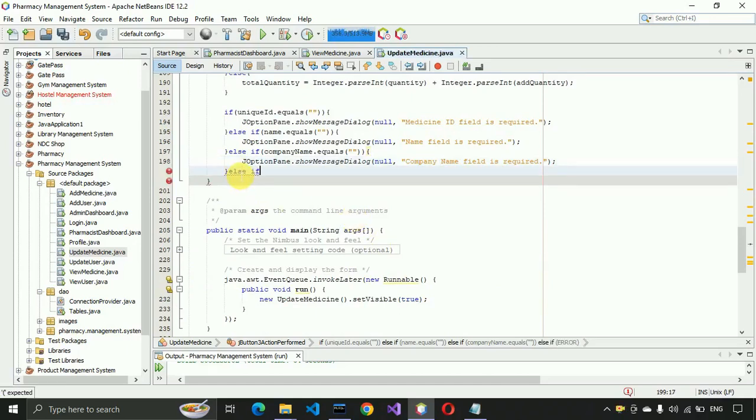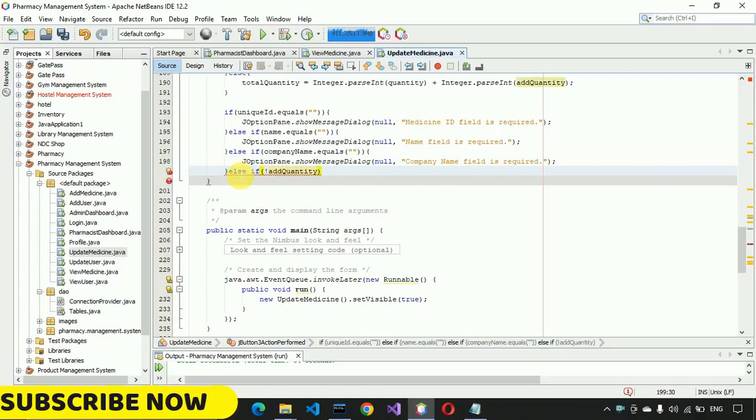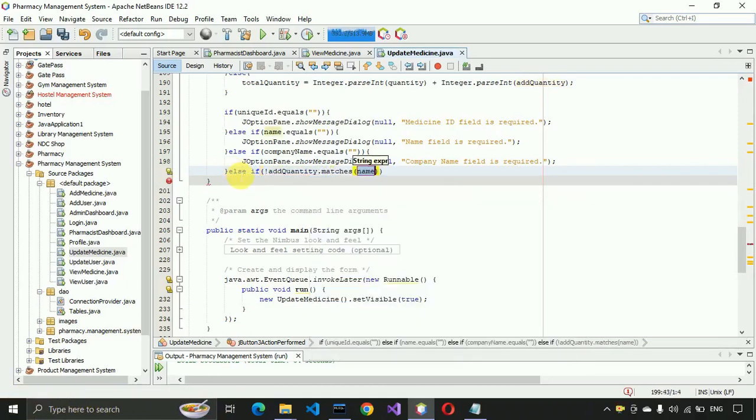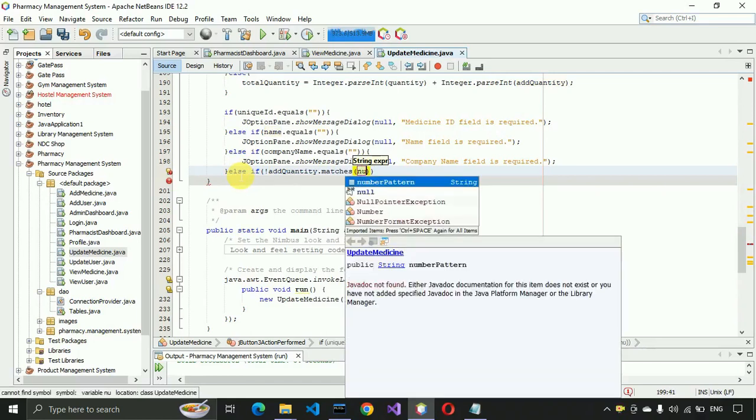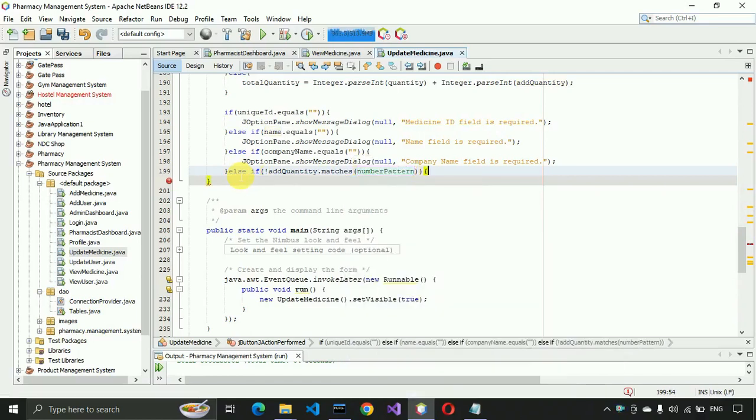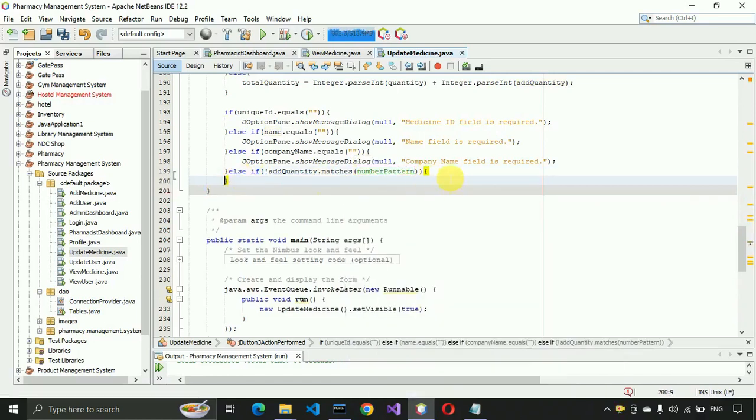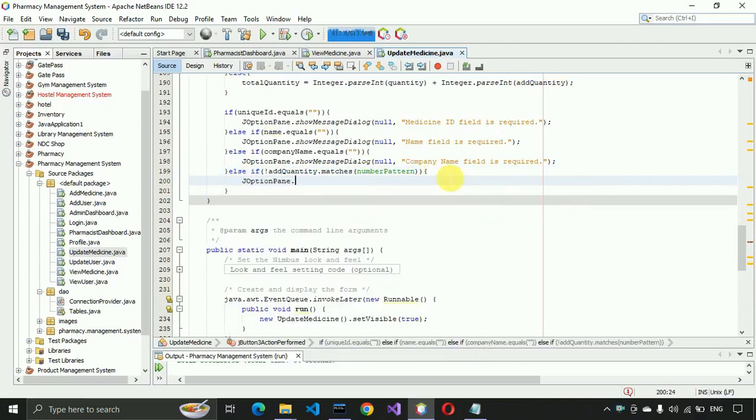Else if, after company name the add quantity, we need to validate add quantity dot matches the digits number pattern, not equal. In that case we need to display the message. Okay, so we just paste it and rename this one,